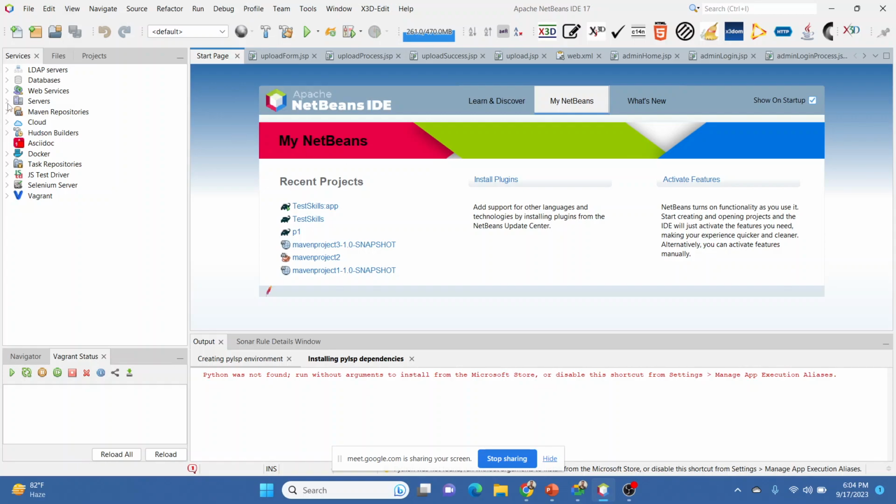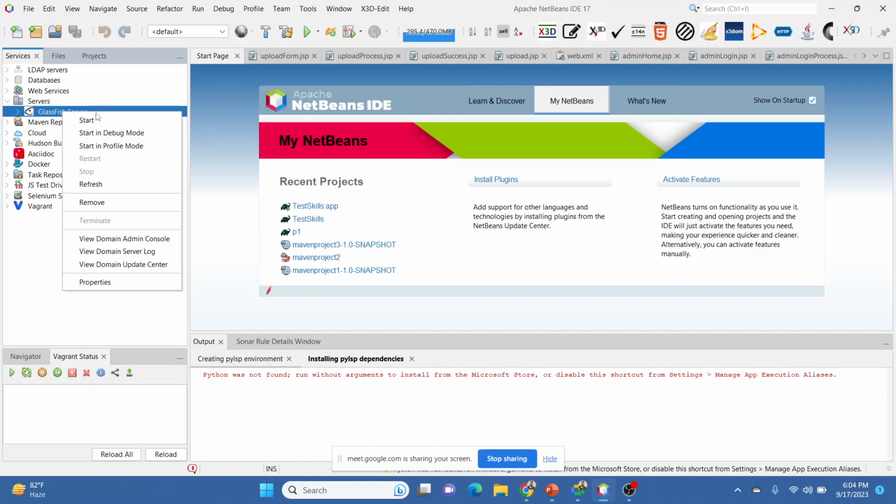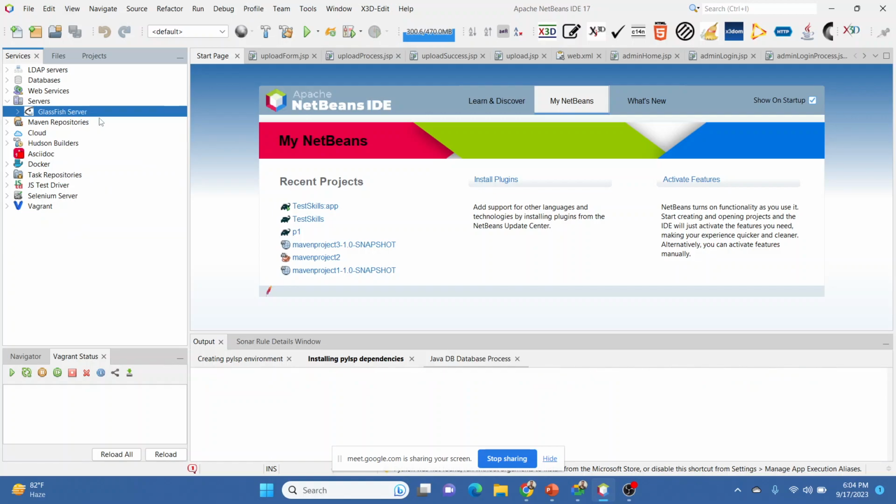That was the important part. When we are creating a web application, it is required to create a local web server, and that is provided by GlassFish and Tomcat. We can start the server, because without starting the server we can't run a lot of things.